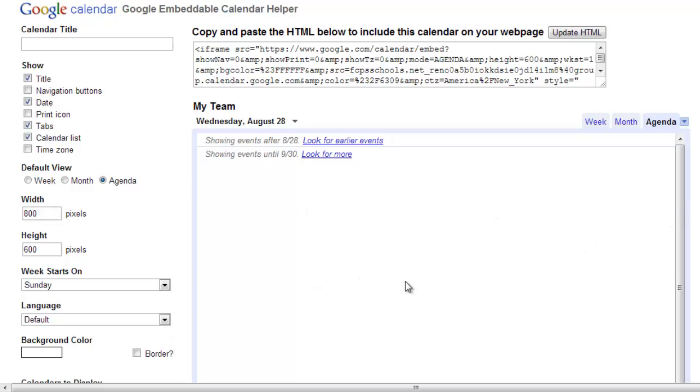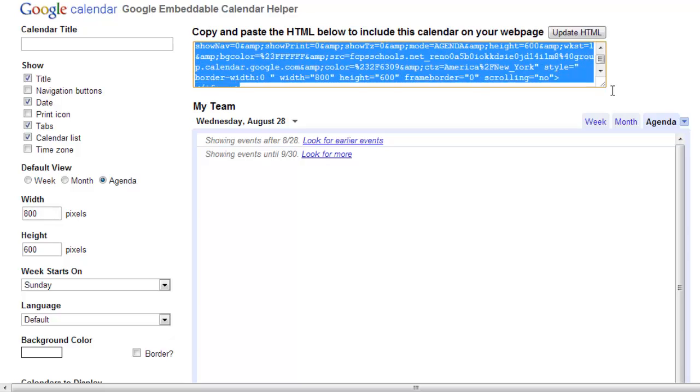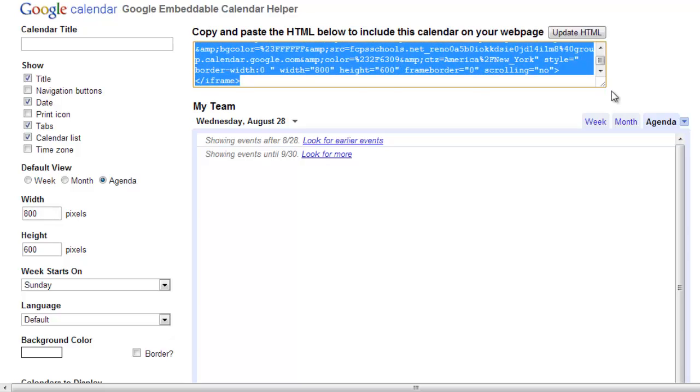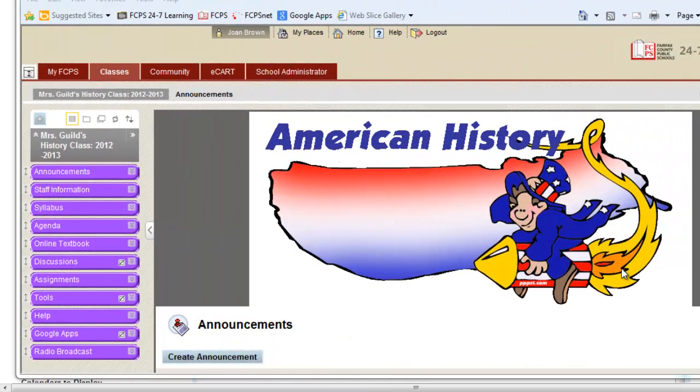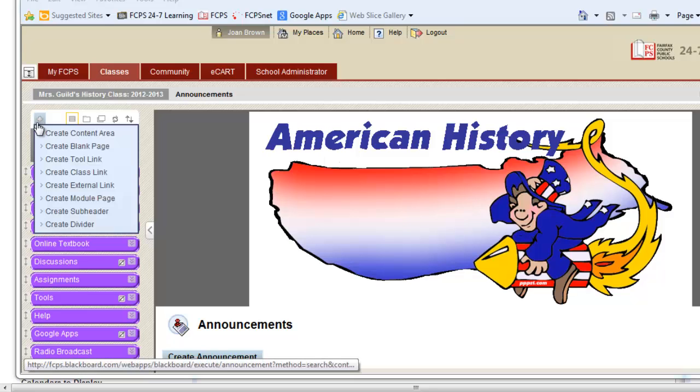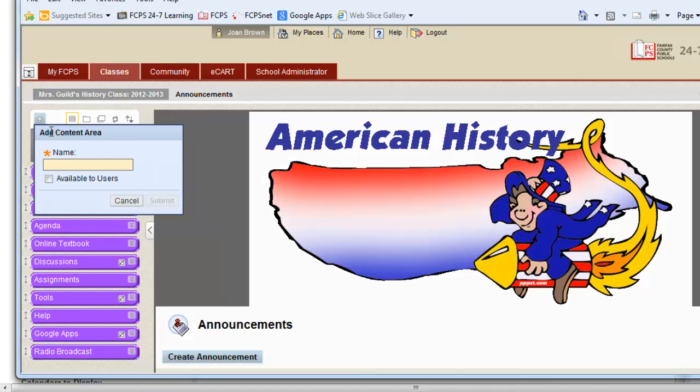Once I get everything looking the way I want it to, I click the Update HTML. And I'm going to copy this code up at the top. So I'm going to do a Control-C. All right, it's time to go to Blackboard. Now in Blackboard, I'm in my course, and I'm going to start off by creating a new content area, and I'm just going to call that one Calendar. Or you could call it Assignments, depending. Let's do that. Let's call it Assignments,